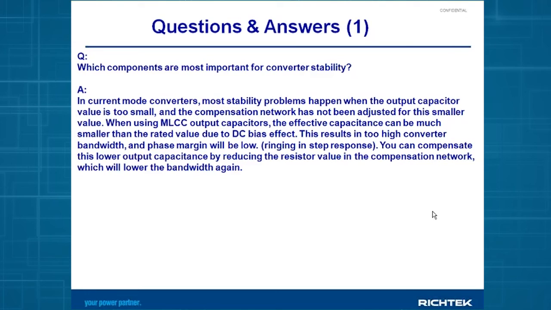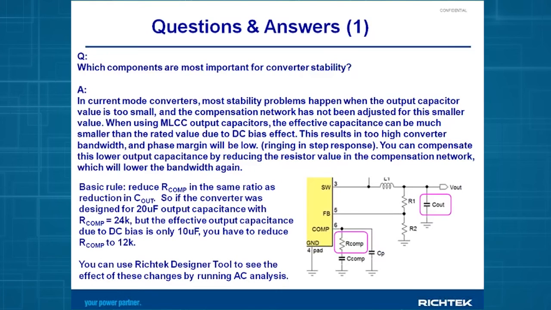And this results in a different converter bandwidth, and it also means that the compensation network, when you calculate it for 10 microfarads, will not be correct because the actual capacitance is not 10 microfarads. Let's see the example here. Here you see the output capacitor, here you see the compensation network. A very simple rule. When your output capacitor was designed for example, 20 microfarads, and your compensation network was also designed for 20 microfarads, but the actual output capacitor due to the MLCC DC bias effect is only 10 microfarads,